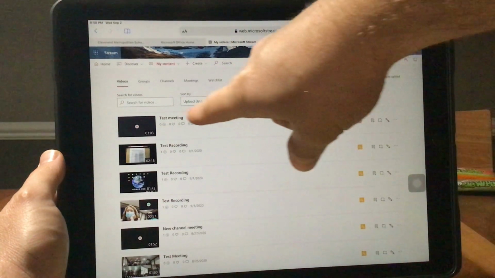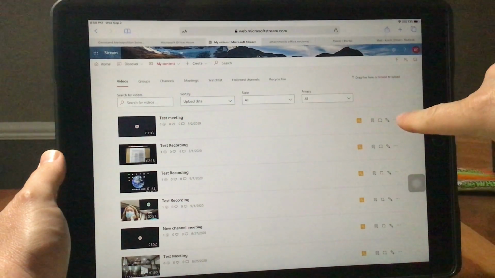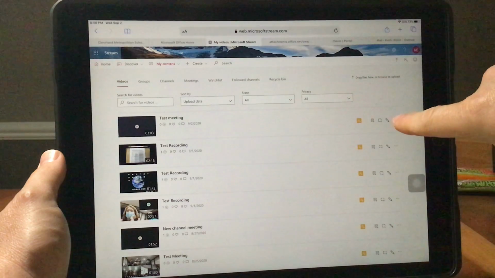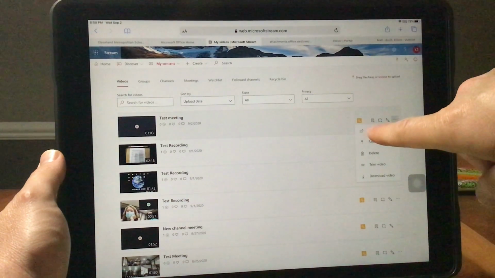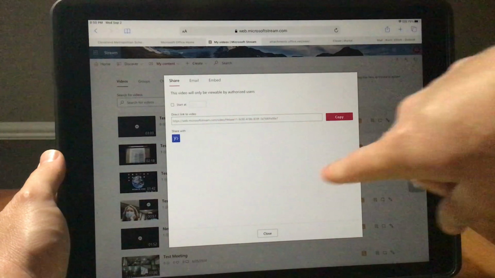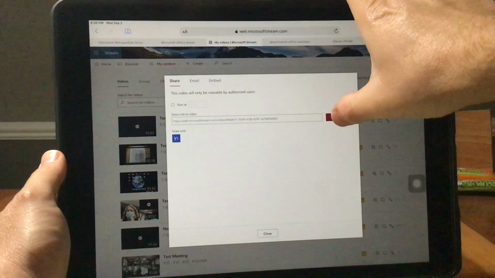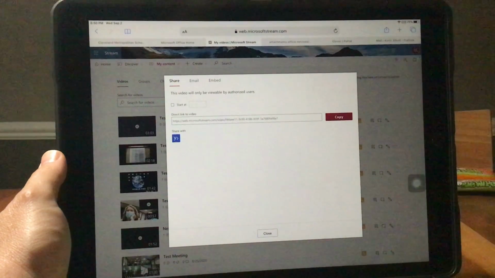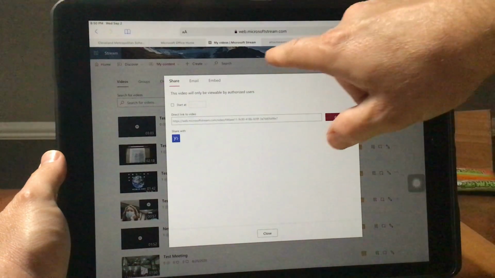There's my newest one right there, that test meeting. I can then choose the 3 little dots on the side over here. If I tap there, I get an option for Share. I tap on Share, and there is my link to that video right there. I tap Copy, and it will copy that to your clipboard. And then just like anything else, you can then tap inside of